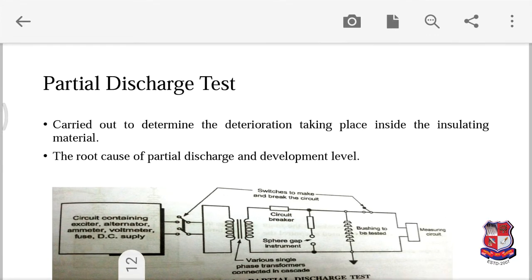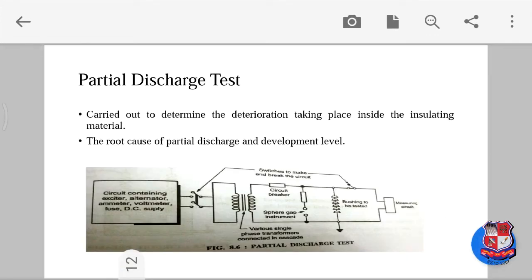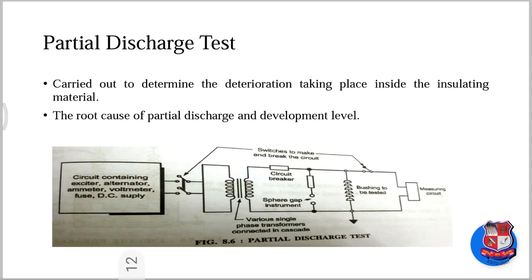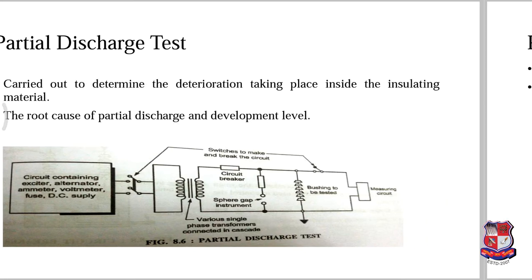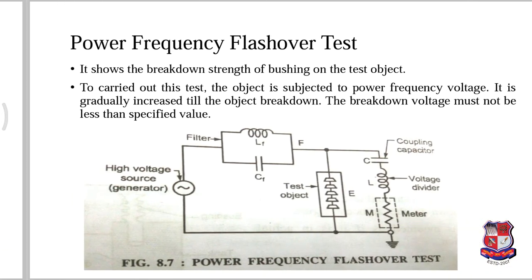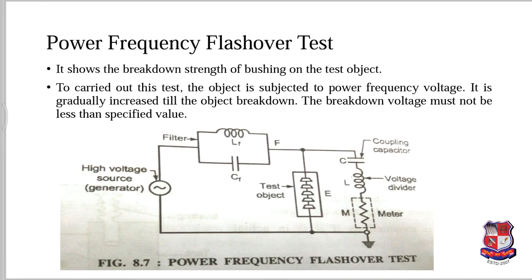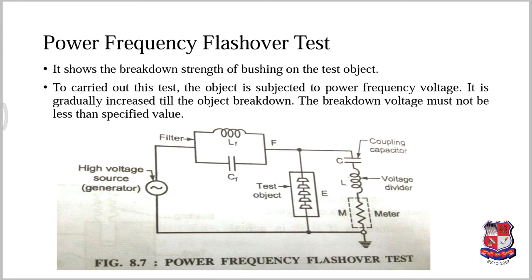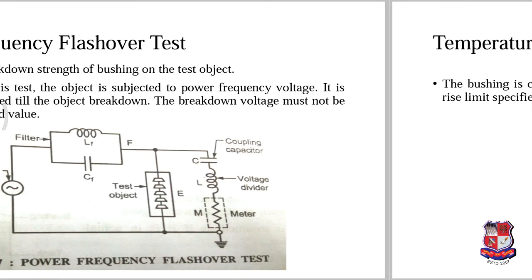On the bushing, as shown in the figure, 5 tests are there: power factor, impulse, partial discharge, power frequency, and temperature rise test. Now the power factor test is a basic test in which a Schering bridge is used. By use of the Schering bridge, we can find the tan delta measurement. The capacitance and the power factor are measured. Now the power factor of the insulating material equals the loss tangent, that is called tan delta. The capacitance and the power factor are measured at different voltage levels. The values obtained from the test must match the specified value.